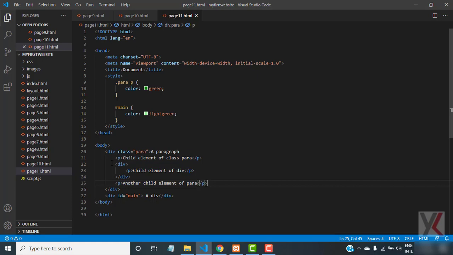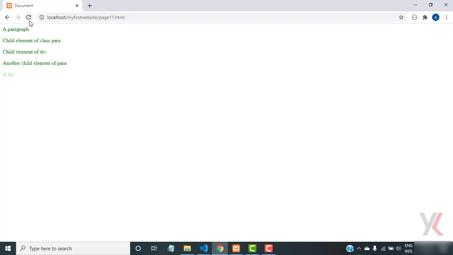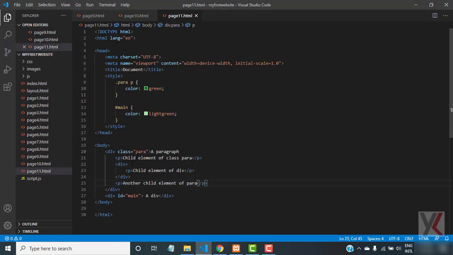Then all paragraphs will turn to green color because all these are child elements of this para class. Whether it is a child element or not a child element, all the paragraphs of this div class equals to para will turn to green color. So let's refresh it. See, all the child elements of this div class equals to para are now turned into green color except this div,